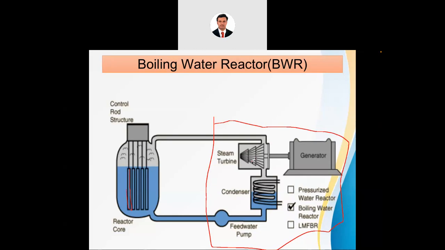So if after some time you want to carry out maintenance of the steam turbine, the condenser coils, the feed water pump or any other component, we have to take precautions. In many cases, we have to replace the steam turbine, so during replacement we have to take great care whenever we maintain the steam turbine or the condenser components. So that is an important disadvantage of this boiling